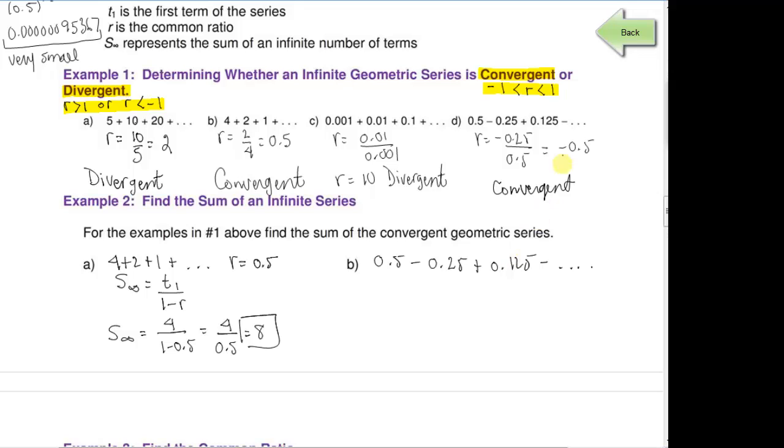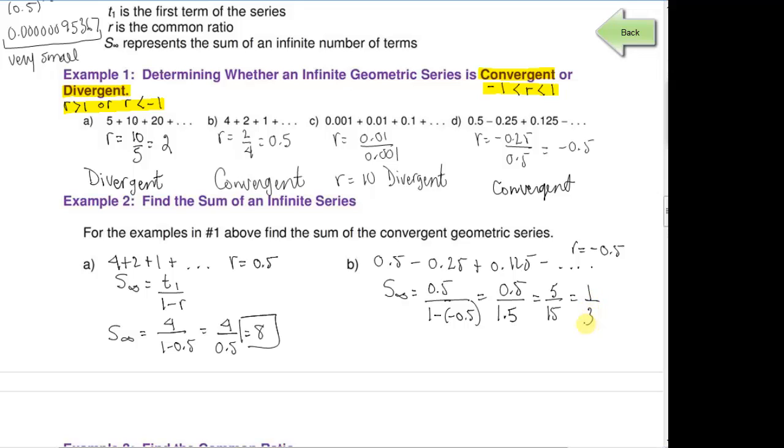Okay, for the second one, we know that our common ratio is negative 0.5. So S infinity is T1, which is 0.5, over 1 minus negative 0.5, which is going to give you 0.5 over 1.5, which, when you multiply both the numerator and the denominator by 10, gives you 5 over 15, which is